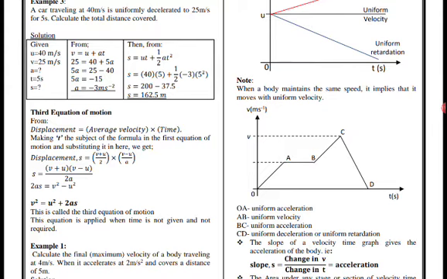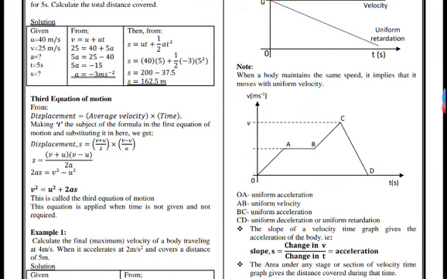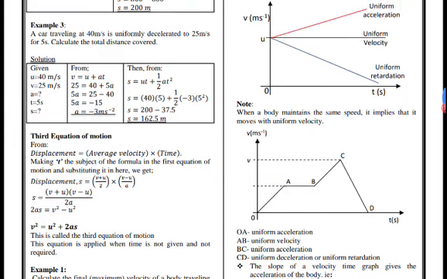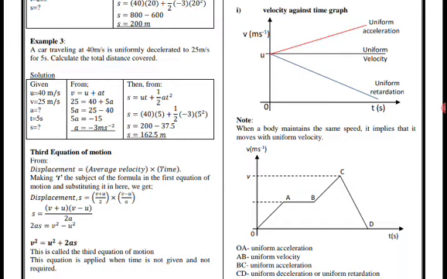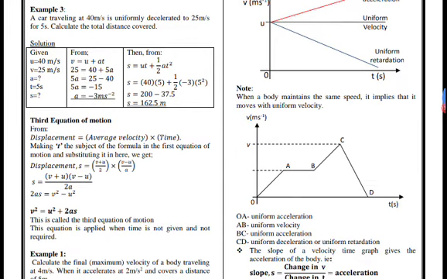Let's look at that graph. We want to describe it, assuming you're told to describe this graph from point O to point D. So when you're looking at this graph, between point O and A, the body is uniformly accelerating. You compare with our first graph, you're seeing how the body is. And in this case, the body is from rest because it's starting from the origin.